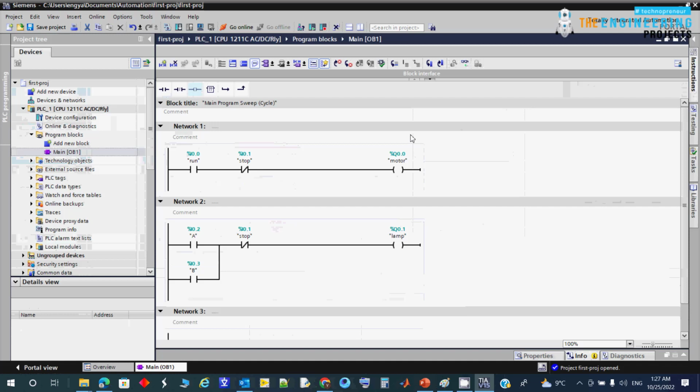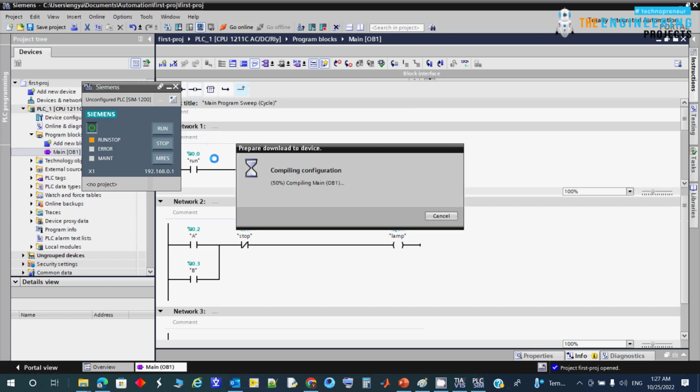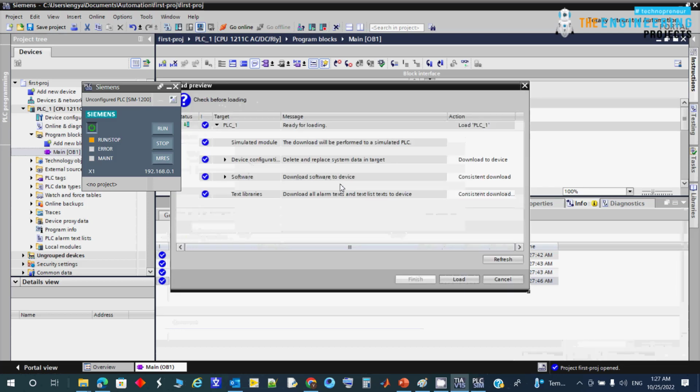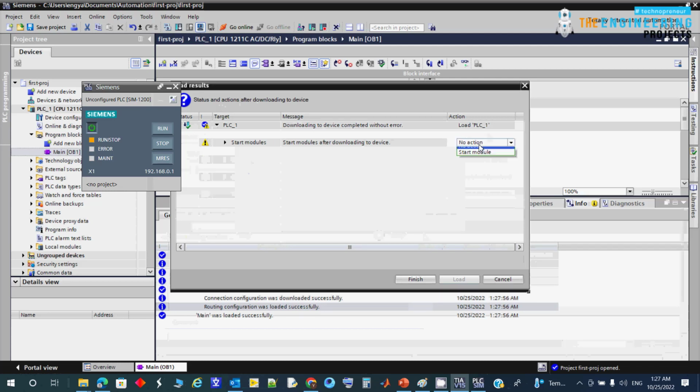So now we need to simulate this to make sure of the logic. So we just start simulation. And you can see automatically it will be connected to the simulator and the download. And the same thing, if you connect it to your real PLC, it will go through the same process, connecting and loading the program. And let's start the code